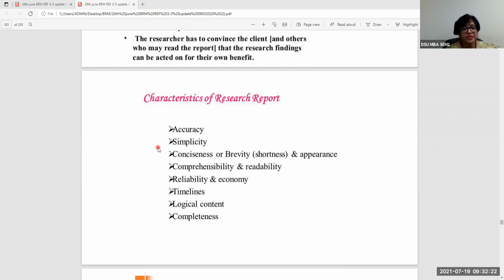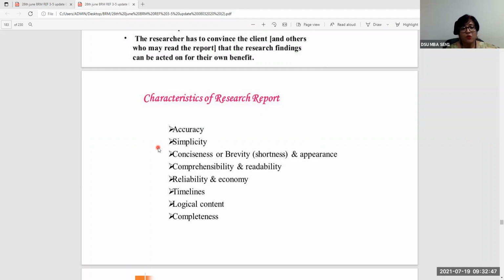The return on investment must be higher, right? So that is how the research report must also fall in line. And so the timelines indicated for the research should be there, so that people who read or refer to the research report should be able to understand in which time frame the research has been conducted, so as to understand the relevance, the periodicity, or how old or new this research finding is.